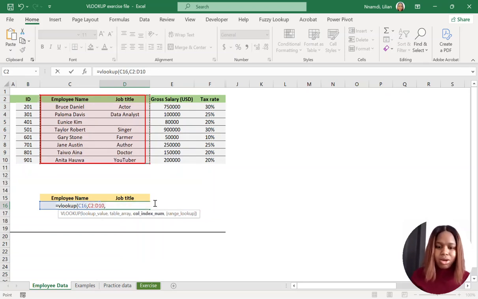So we have that, comma, the column index number. Now the column index number is the position on the table array that contains the value that we want to return. In this table array, we have 2 columns, column 1 and column 2, like C and D. So what we want to return is the job title, and it's in column 2. So our column index number would be 2,